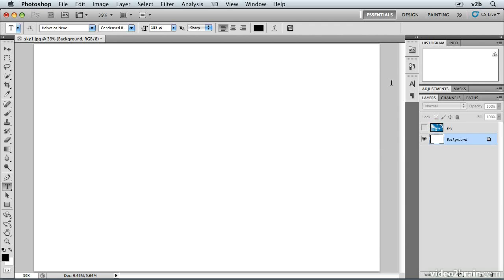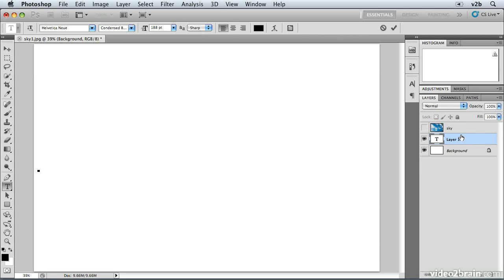Those are all of the formatting options I want to apply to this text. We have everything set up. Now I'm going to click over here on the left of the window, and when I do, you can see my very large flashing cursor. Photoshop has automatically added this type layer above the background layer, but underneath the sky layer, which is exactly where